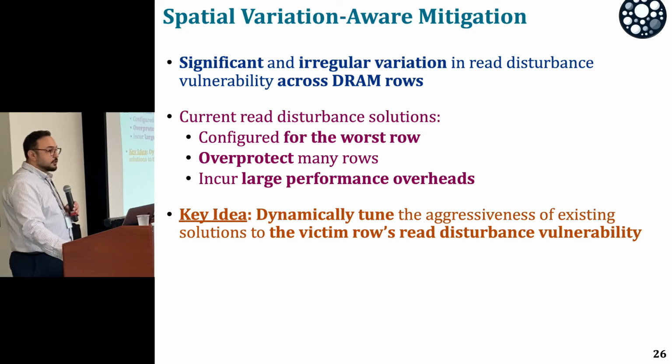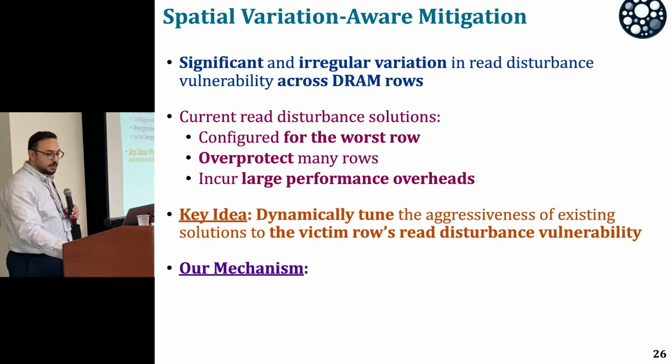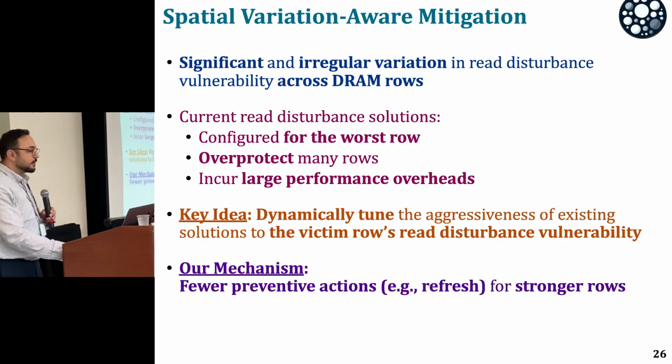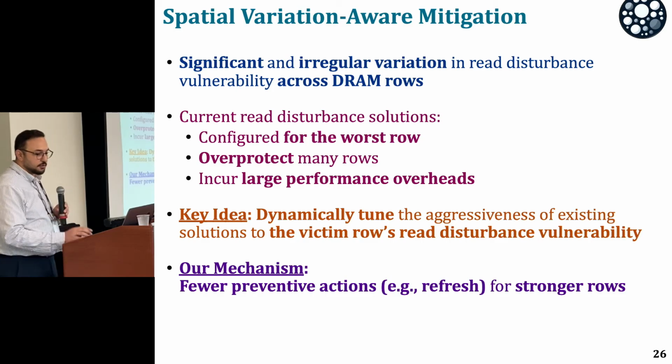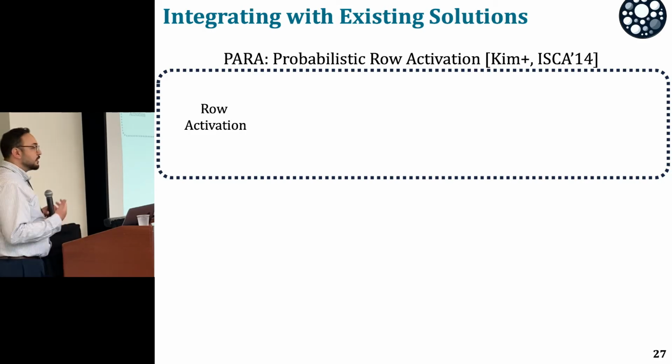Our key idea is to dynamically tune the aggressiveness of an existing solution to the victim row's read disturbance vulnerability. Our mechanism basically performs fewer preventive actions, such as refreshes, for stronger rows, so that the performance overheads are reduced. Here we integrate this mechanism with